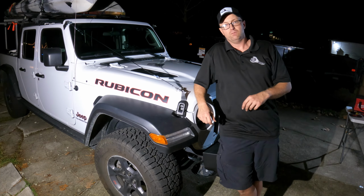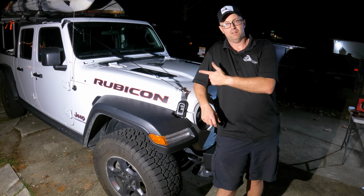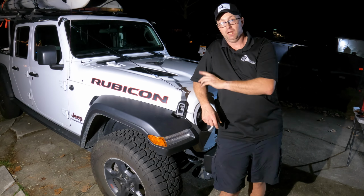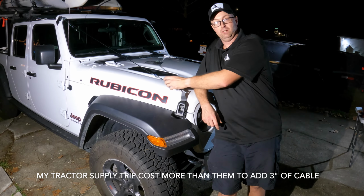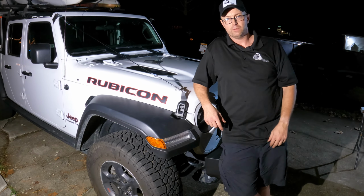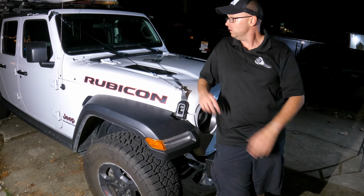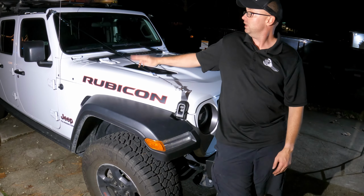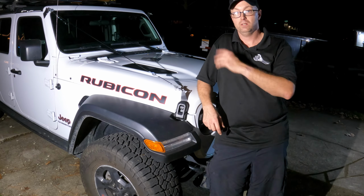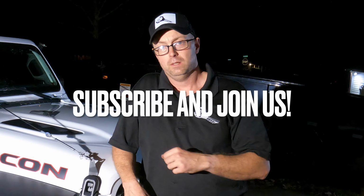The kit itself, I gave 1 star on Amazon. It's not a bad kit. The brackets aren't that bad, but it's about 5 inches short. And by using a link at the bottom and a link up at the top, I was able to make up for that distance, because as it was, I couldn't even connect the turnbuckle. It was about 2 to 3 inches short. So we managed to fix that, and overall I think limb risers will be a good little addition. They're not super strong, but they're going to do well to, you know, mitigate some of the branches going up the side. We are planning to do a few more upgrades to Ruby down the road,